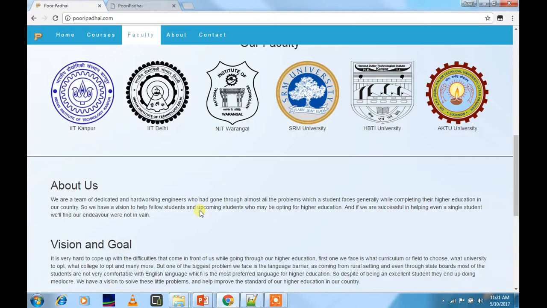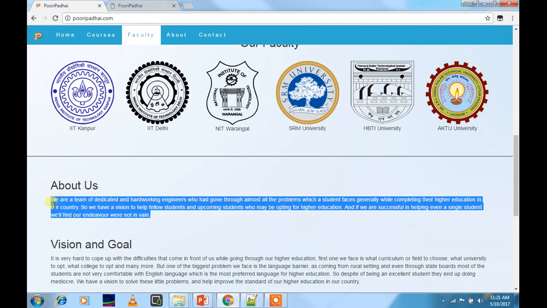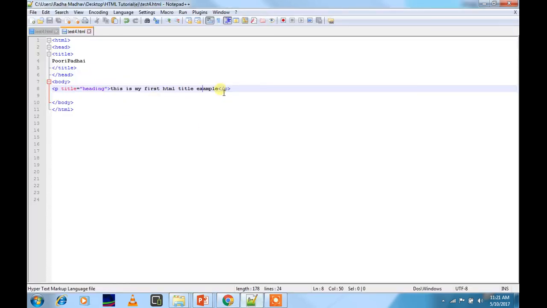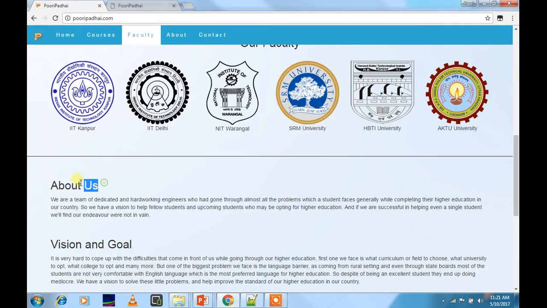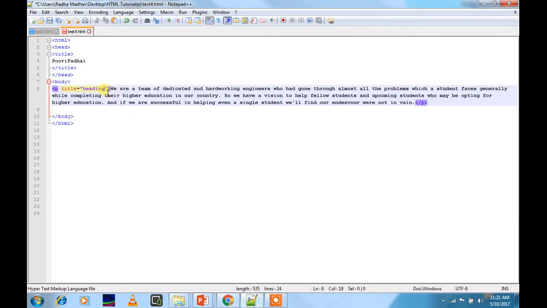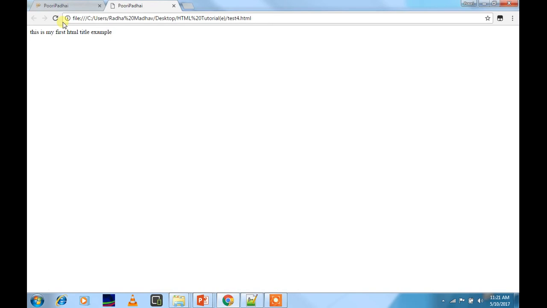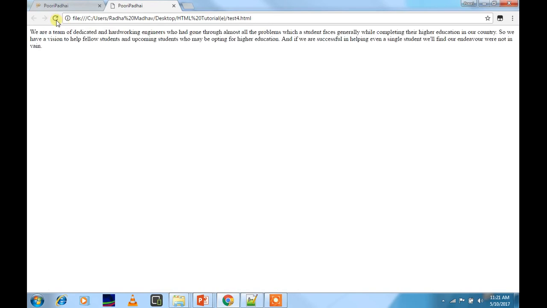For example, let me copy this. So we are modifying it, and let's go back to our previous code. Here we will paste that content, and we will copy About Us and paste it here, and we will save by pressing Control S. And now we will go back and reload from here, and here you can see again